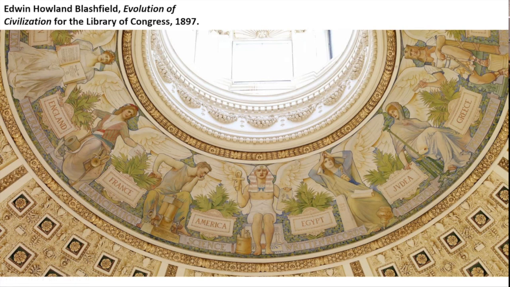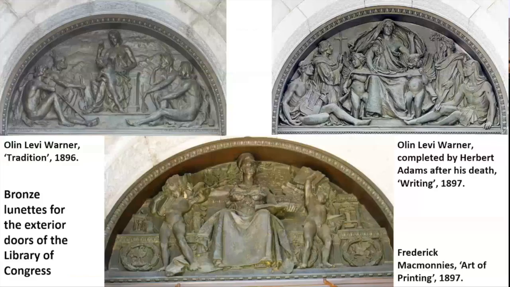At the very beginning of civilization's evolution is written records, an invention which is assigned to ancient Egypt. This accords with orthodox Morganism, in which hieroglyphic, rather than mere picture writing, is the absolute bedrock of the civilized stage of human development, the point where things tip over. The building also celebrated the development of writing in several other commissions. Bronze lunettes for the exterior door depict, to quote the official handbook, the successive and gradually more perfect ways in which mankind has preserved its religion, history, literature, and science. This is the 1897 handbook.